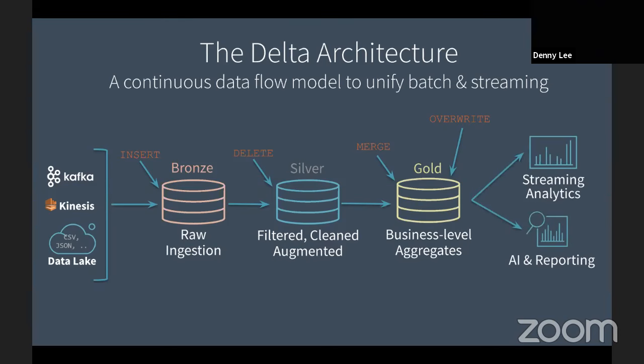All right. And like I said, it ultimately allows you to do your streaming analytics and AI reporting. It also allows you to reprocess the data if there are corruptions or issues with the data, or changes in business requirements that require you to reprocess, because you have the original raw ingestion. You can go back to the beginning and reprocess it, so you have the silver and gold data again. So this is the concept of a Delta Lake architecture. Each step that you see here is a progression of how you can make things cleaner, how the data quality basically goes up.